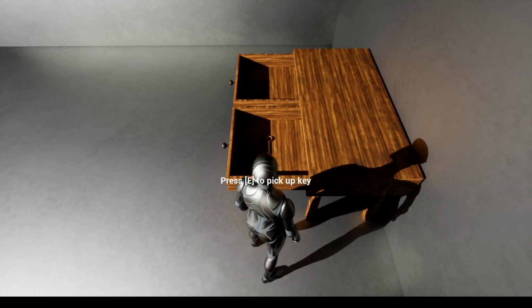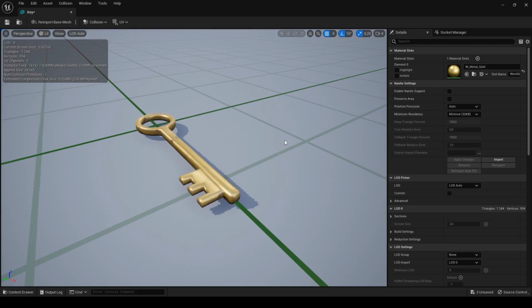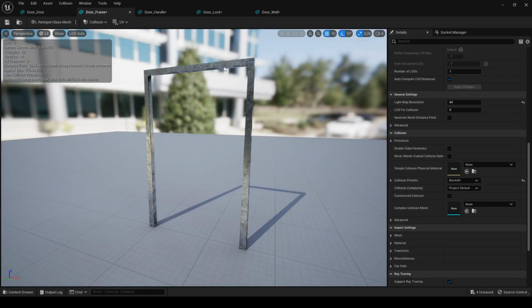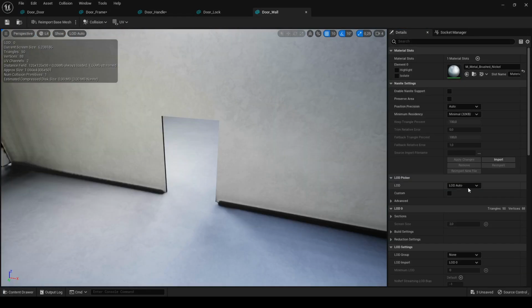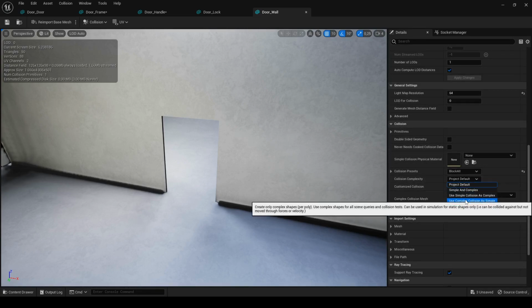What will you need to have? A 3D model of a door and key. Other models are here to make everything look pretty, but are not necessary for functionality. If you want a frame around the door or something you can go through, don't forget to change collisions. I have it basic, so it's okay to use complex collisions as simple. You can also add a handle, lock, or even a whole level, but change collisions the same as with the door frame.